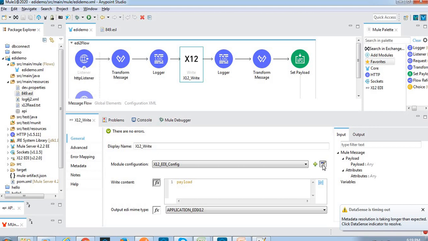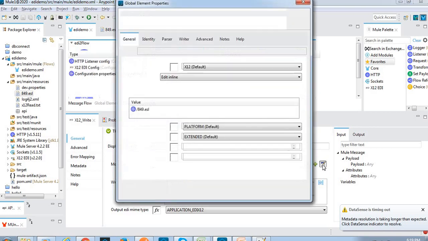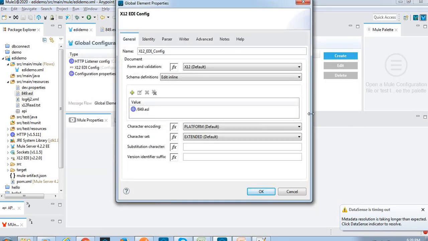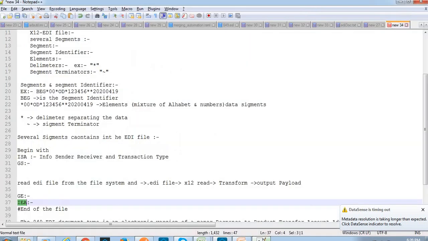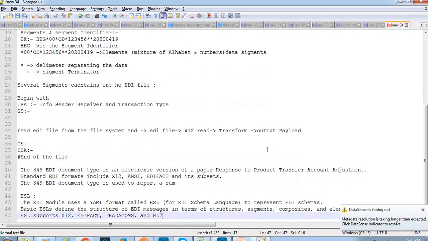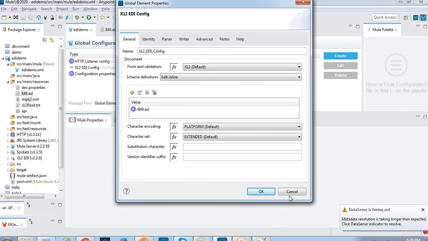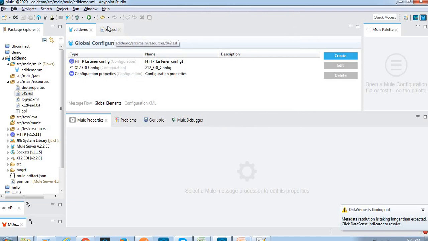It defines how the EDI document should look. This ESL module uses a YAML format called ESL to represent EDI schemas, and the basic ESLs define the structure of EDI messages in terms of segments, composites and elements.